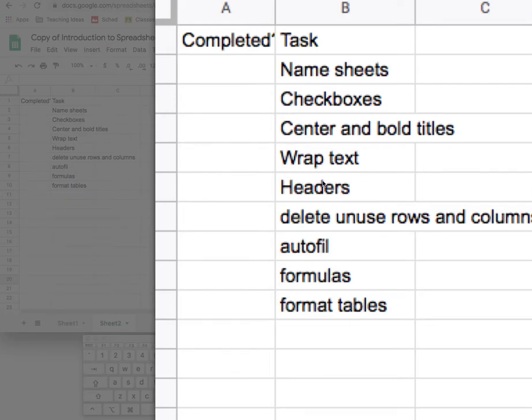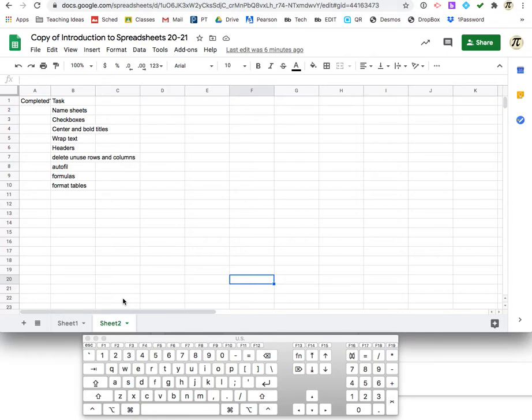We're going to look at something called headers. We're going to clean up so that we only see the part of the spreadsheet that we want to use. We're going to autofill. This is the power of the spreadsheet. I'll show you a few formulas and we're going to format tables. So let's start by